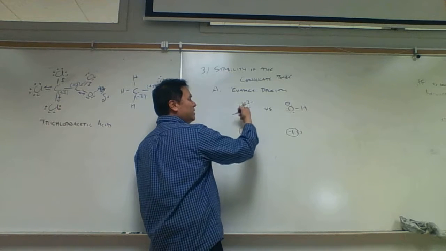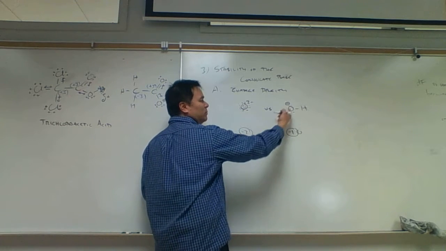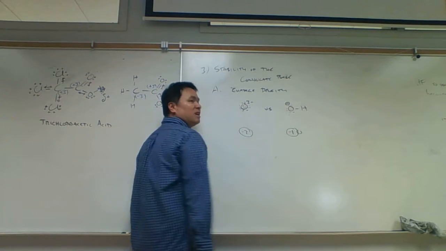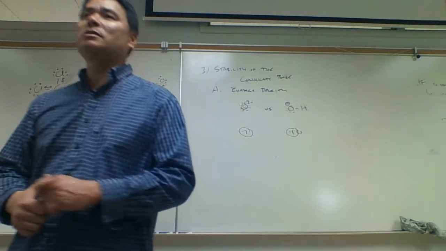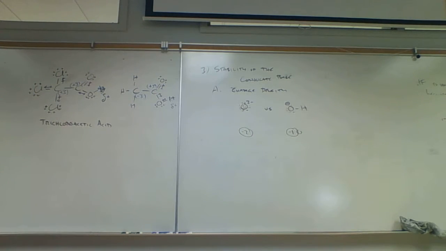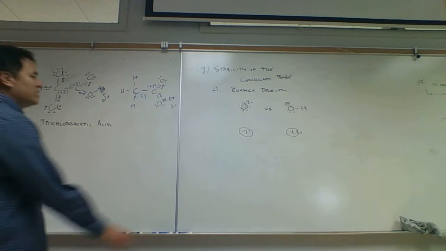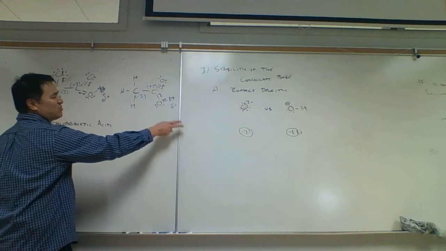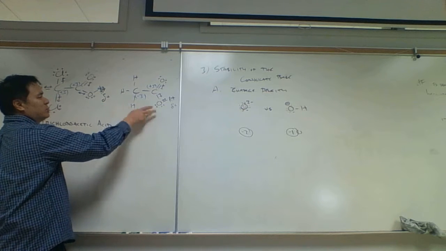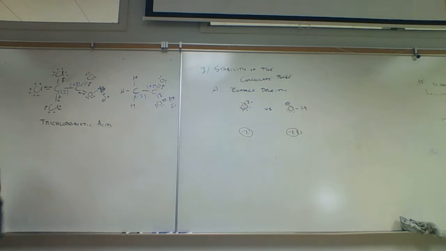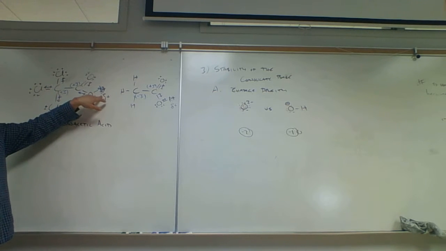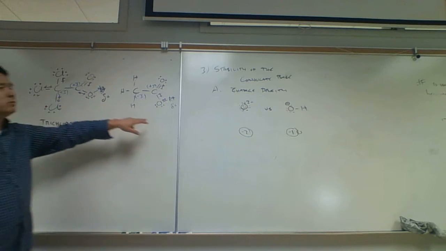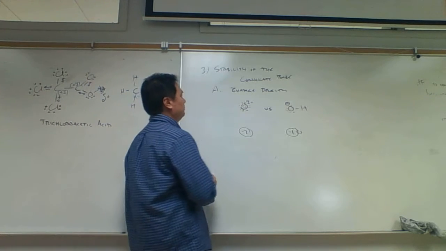So here we have a -2 charge on an oxygen atom. Here we have a -1 charge on an oxygen atom. Which one's going to be more red? The -2. It's got more negative charge. Well, this -2, which one is going to be attracted? Well, it's red. It's going to be attracted to blue. Which one is going to be more attracted? This one. And so this is a stronger base